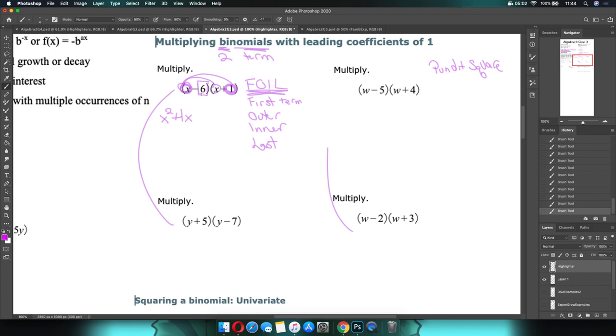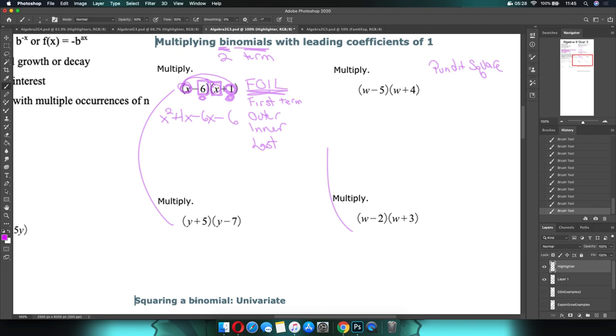So there's an inside term. I'll try to do different shapes. There's an inside term. What is 6 times x? 6x. And then last are your last terms. So that's the second one that's listed, and that's the second one that's listed. So it's 6 times 1, negative 6. And that's all FOIL does, is it makes sure that you're getting all of your multiplication combinations without actually accidentally